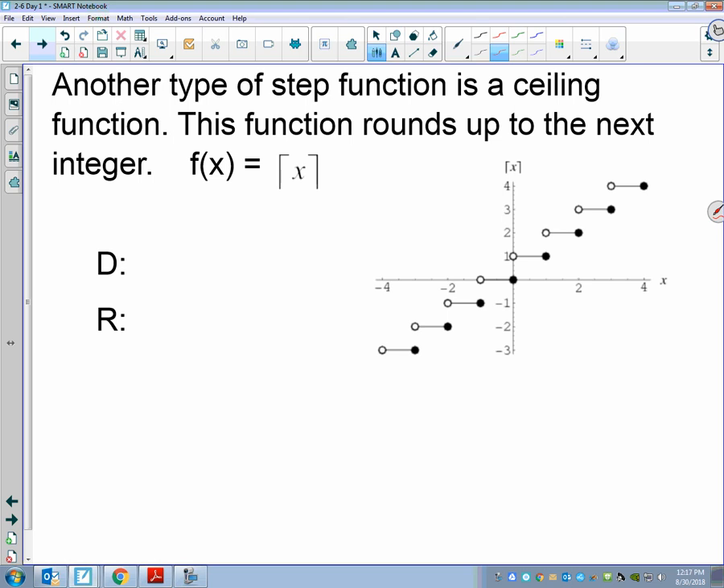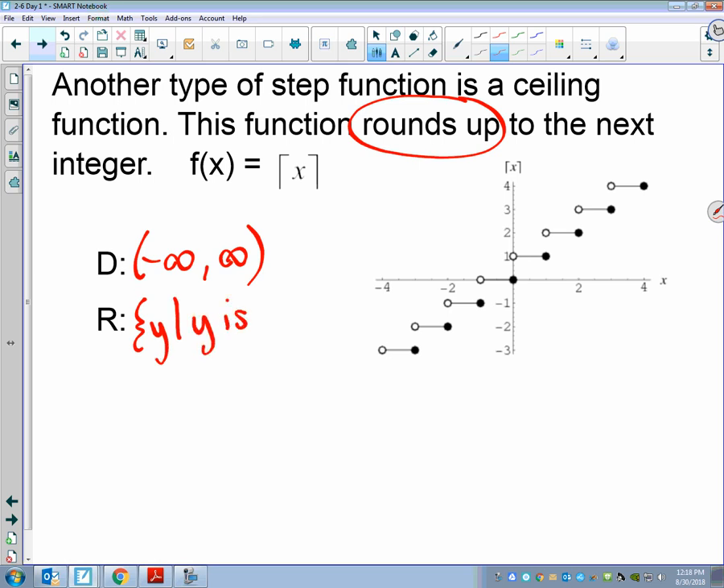That's a ceiling function. So notice that it looks very similar, except now the open and the closed circles are different. That's how you know the difference between these, because now everything between 0 and 1 rounds up to 1. Everything between negative 1 and 0 rounds up to 0. So this one's rounding up. The domain of this would still be all real numbers. And just like the floor function, the range is only going to be integers. So I'm going to say where y is an integer. Okay, I know this is a new concept, but we'll work on it in